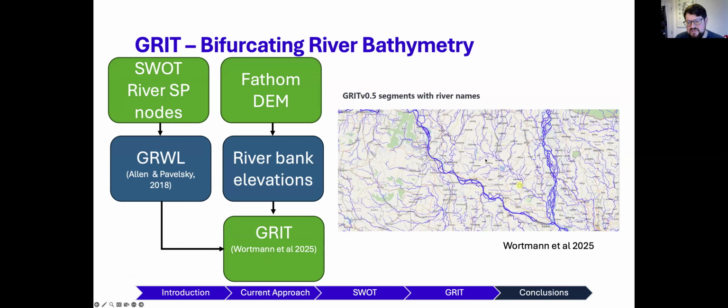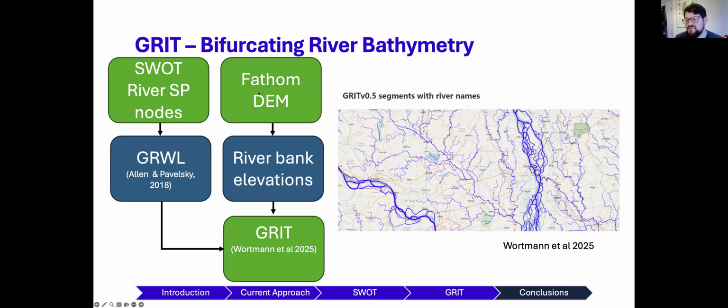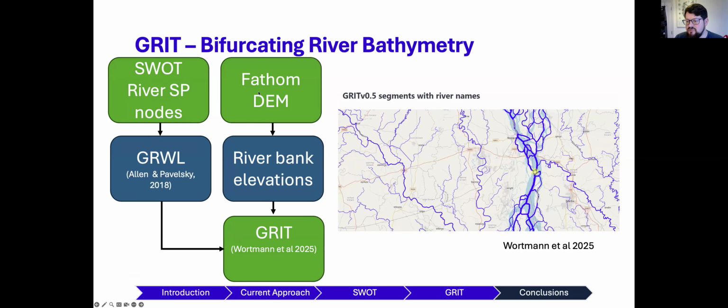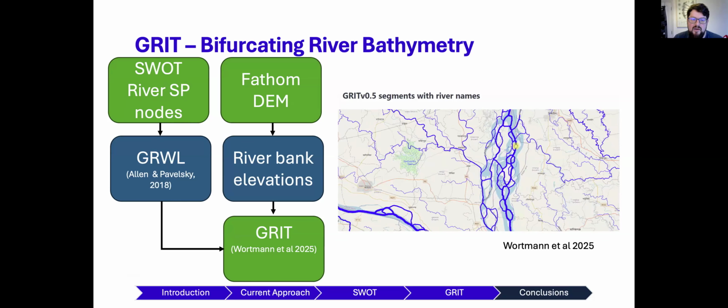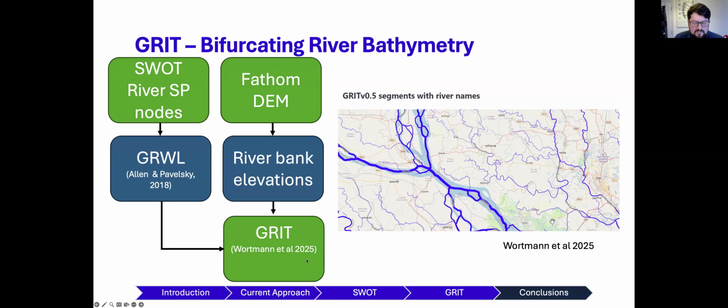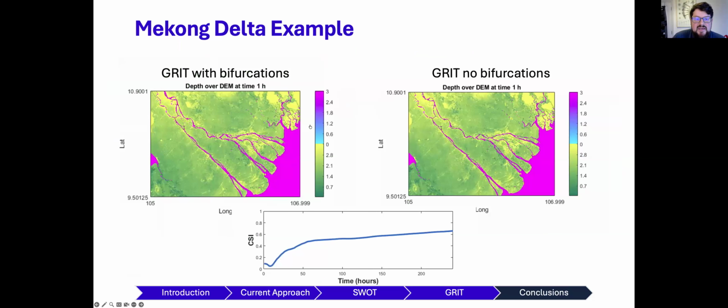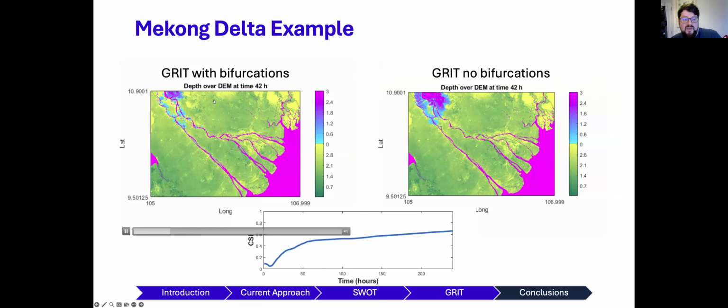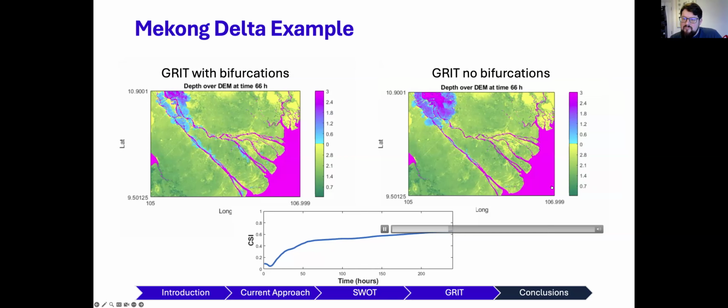Then on the tributaries and areas that are not covered by SWOT, we fall back to our 1 in 2 discharge assumption with FathomD-end bank heights, and then match these two all up together in GRIT at the end. And what we get is an example here over the Mekong Delta, which on the left is a model conditioned by GRIT. Everything else is the same, but it has the GRIT with bifurcations and GRIT without bifurcations